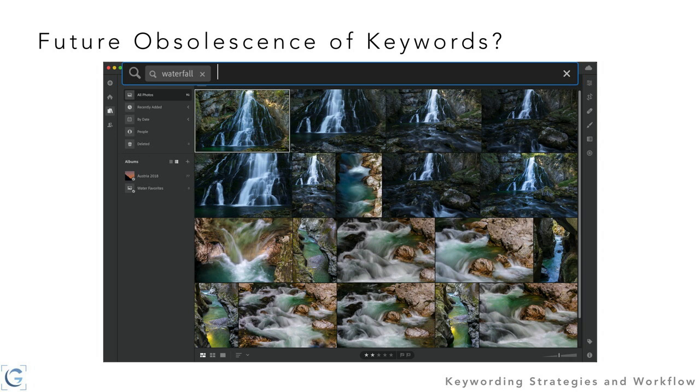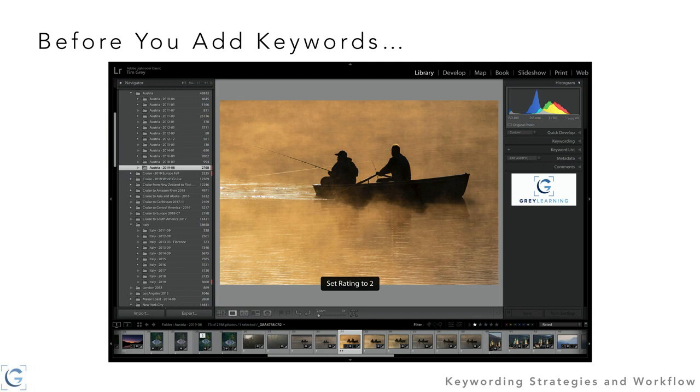It's essentially still necessary, even with some of the tools that are relatively rudimentary, but that give us the capability to find photos without keywords. I think it's still really helpful to actually add keywords to your images. But first, before you add keywords to your photos, I strongly recommend that you have already performed some other organizational tasks. I know many of you are already well aware that I am very keen on being organized, and that,